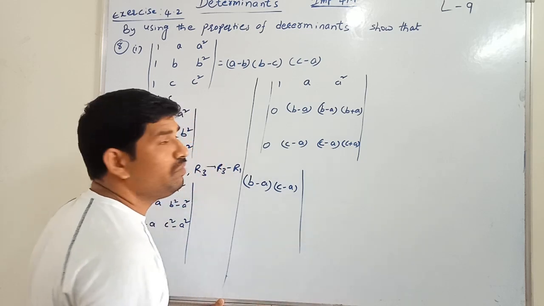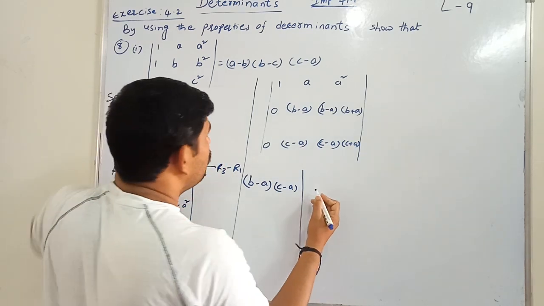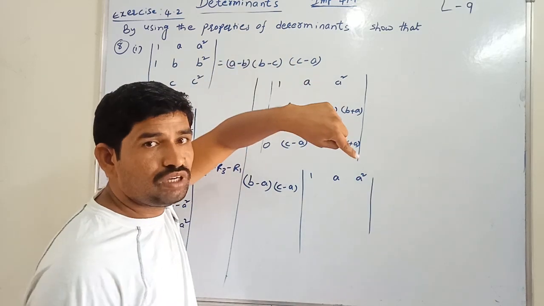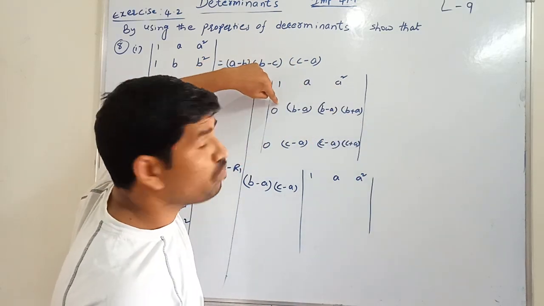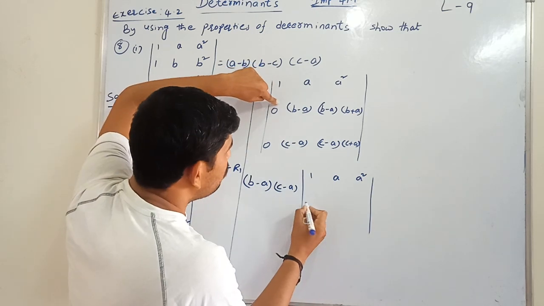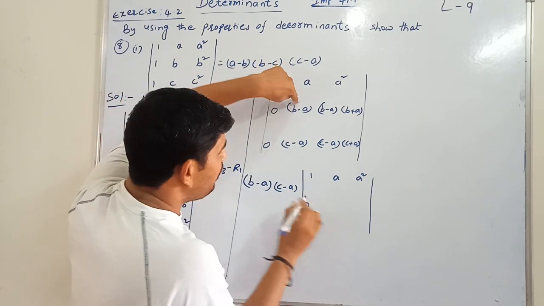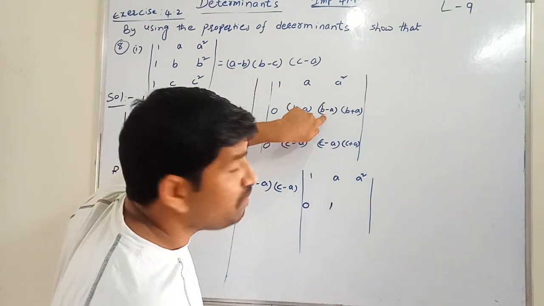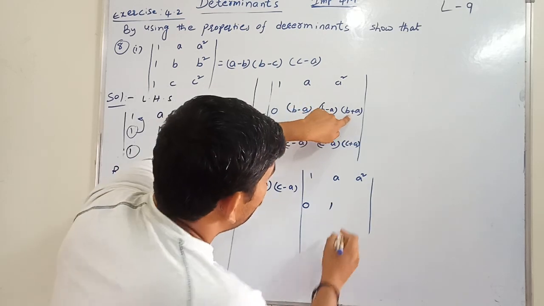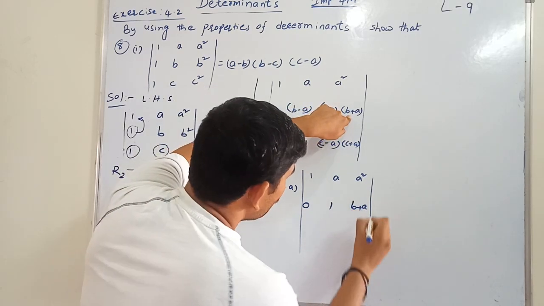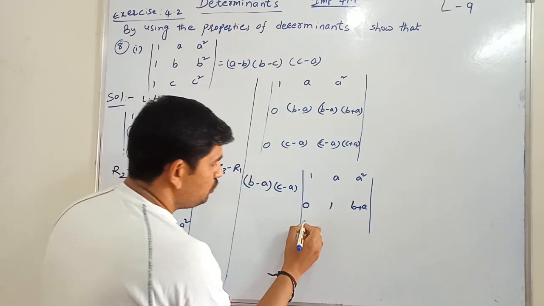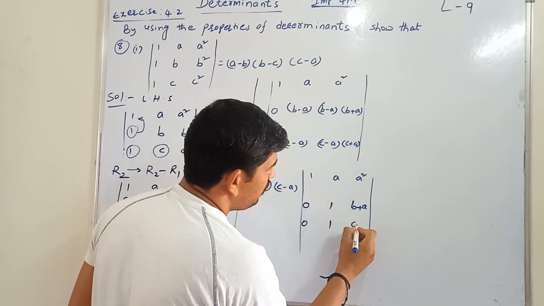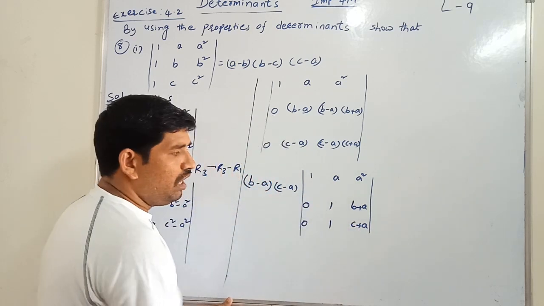Yes. By taking the common element, what will be left in this first row? That is 1, a square, as usual. I am going to write here. Next, by observing the second row, the elements left are 0, 1, and B minus C is outside, meaning the element left is 1. And one more thing here, B minus A again outside, then the left out part is B plus A. Similarly, the last row also 0, 1, with B minus C minus A outside, and C minus A again outside, it is C plus A. Okay, up to here, understand?